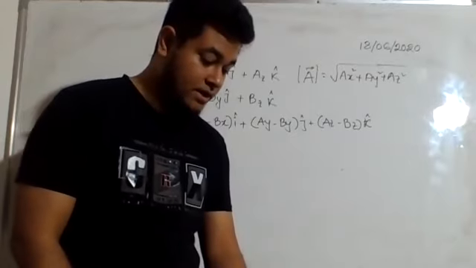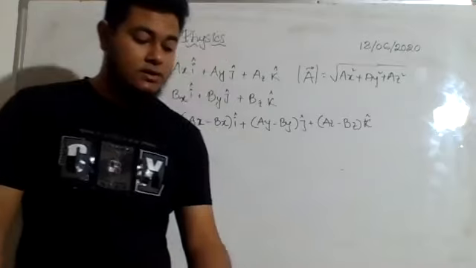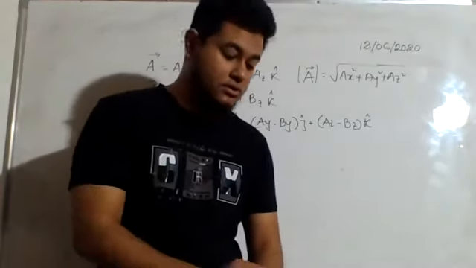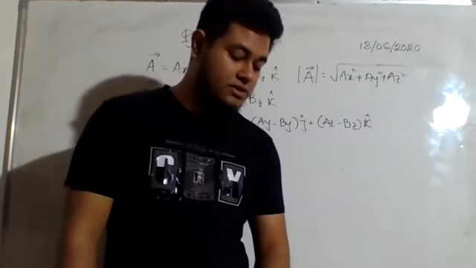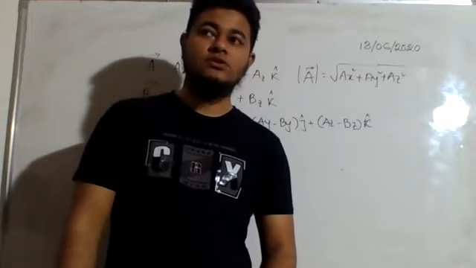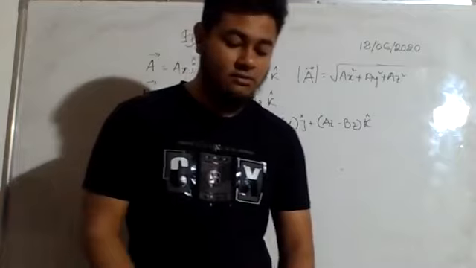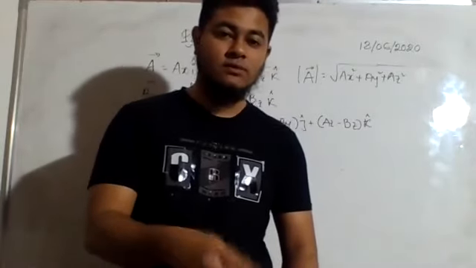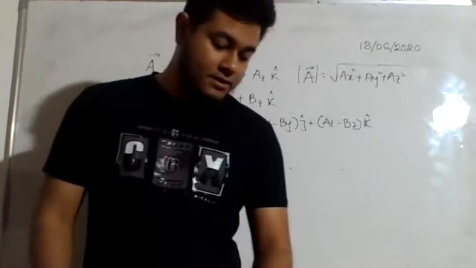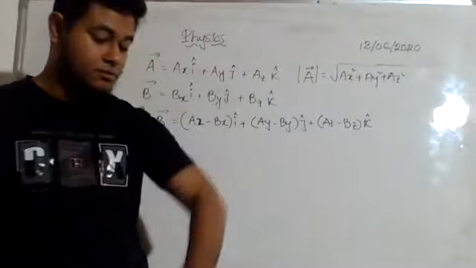Because at the end of the chapter there is a topic called calculus. We will not be studying calculus now, because you can see at page number 74 it is written calculus, a branch of mathematics. So at first you will study this in mathematics, then we will apply whatever you have learned in mathematics here in solving some numerical problems or some derivations also. Okay, so multiplication of vectors. Let us start. Last topic of this chapter.